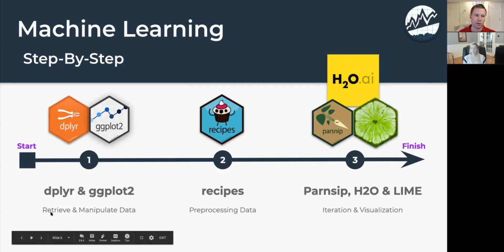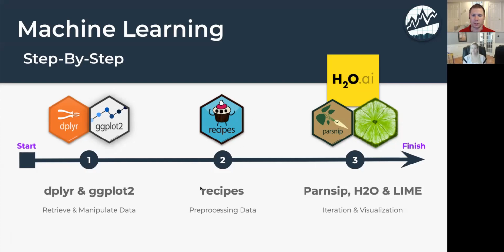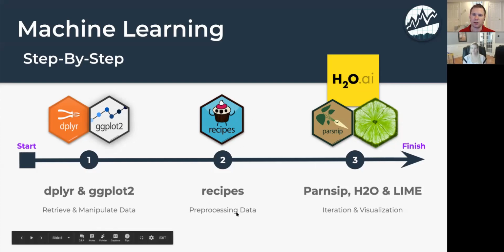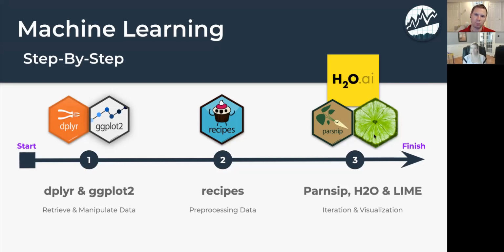That's going to be used for manipulating data and also visualizing data. And then we're going to be doing some pre-processing, which is with a package called recipes. And then at the end of it, we're going to be doing machine learning to actually build predictive